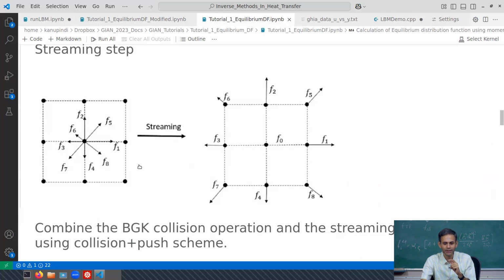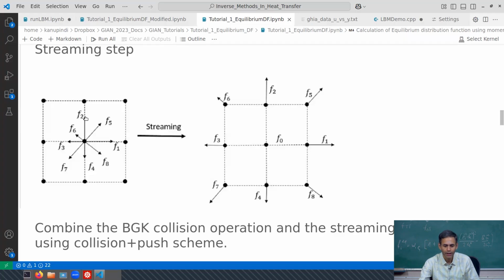This is not exactly in the same index notation as we have used before, right? Earlier we had this 1 0, 0 1, 0 minus 1, all those things. Here I have not drawn it again properly, which basically shows in terms of f1, f2, f3, f4, but don't worry about the numbers there. We realize that f1 is basically our f10, right? And f3 is our f minus 1 0, and f2 is our f01, and f4 is our f0 minus 1,